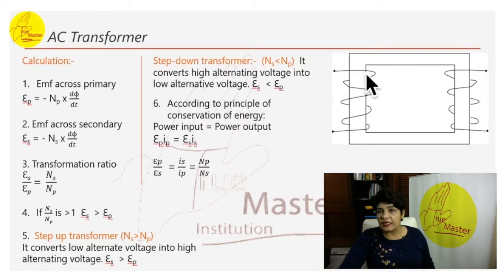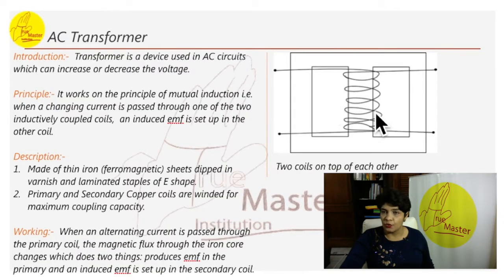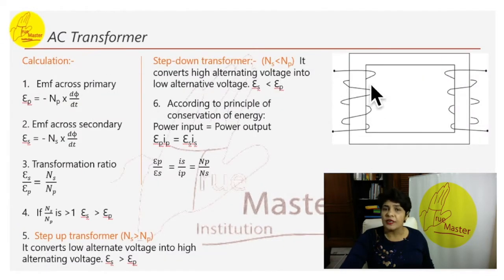Say this is the primary coil, so we name it P, with number of turns NP, the number of turns in the primary coil. And here, this is the number of turns in the secondary coil, say NS. It can be bound like this also, coupled together as well, the two coils. Here, for explanation, just to show you that this is the primary coil and this is the secondary coil. Presently, it seems that they have an equal number of turns.